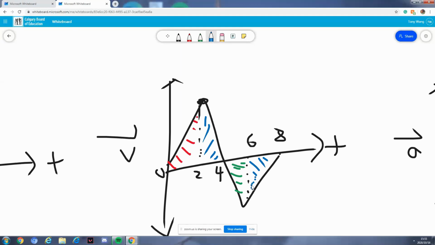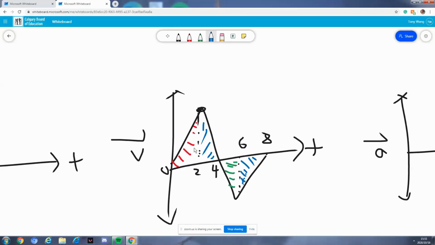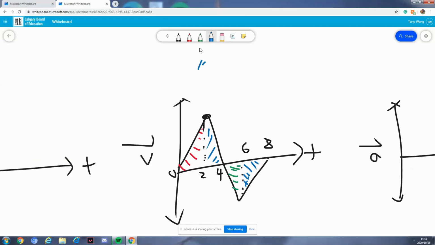So the area we want under the specific times tells us the displacement after those times have passed. So the area of the red is the displacement at 2 seconds. This is really important to note because